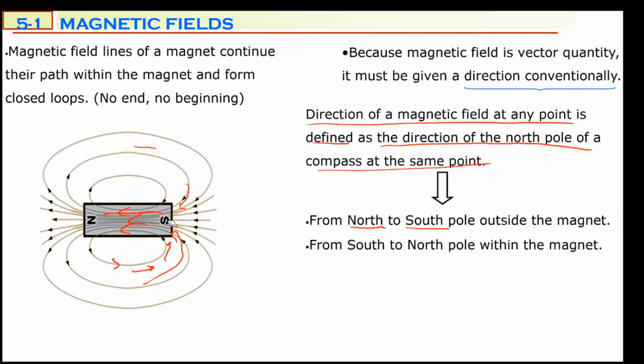So this is how we determine the direction of magnetic field around the magnet. These magnetic fields are leaving from the north pole and entering the S pole, and within the magnet from S pole to north pole, outside from N to S, but within the magnet from S to